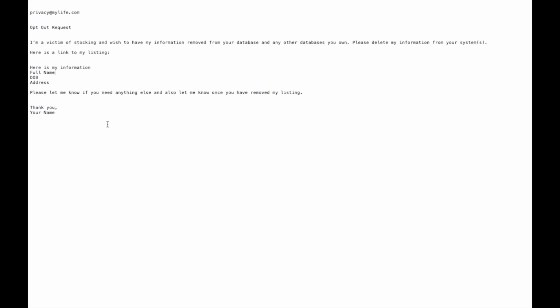And if you don't have a response in a couple days, send it again and keep sending this email till you get a response. They may request your driver's license. If so, take a picture of your driver's license, block out your license number. You can block out your picture if you want. They will also send you some requirements. If they say, oh yeah, send us your driver's license, here are the requirements. Block this off, etc. Send it back to them, get your information removed. Again, it's a little bit more of a process, but it is something that you can do very easily without having to pay. All right, so here's the email.